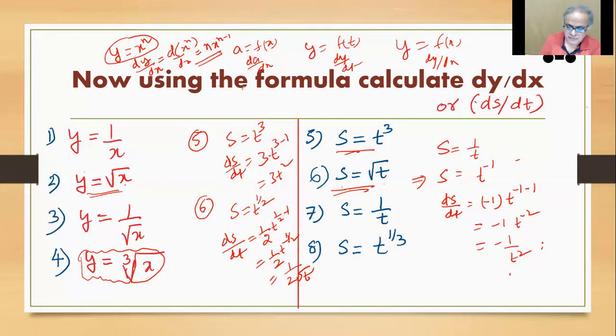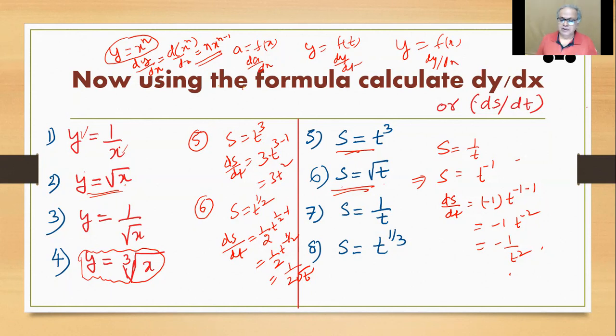Actually, the same things I've deliberately given. I want to just impress upon you that you need to recognize what are the functions, what are the variables. Here y is the variable, here x is the variable. X is the independent, y depends on that. So once you have decided the dependent and independent variables, you need to know which one. Dy by dx means ds by dt or whatever you will calculate. Okay.